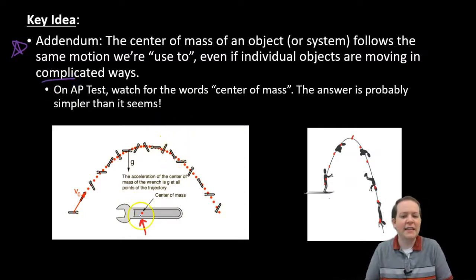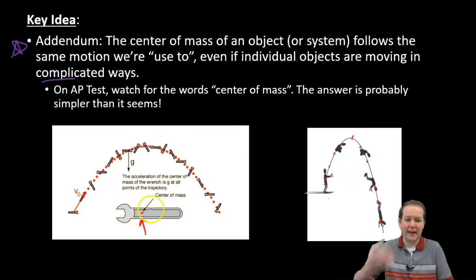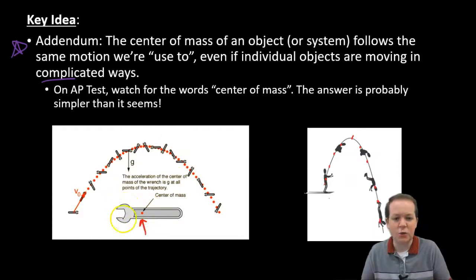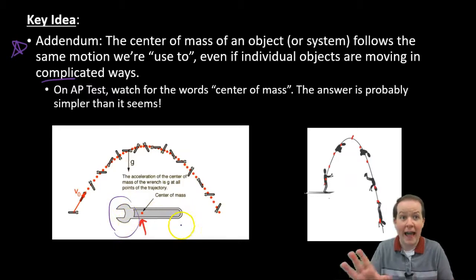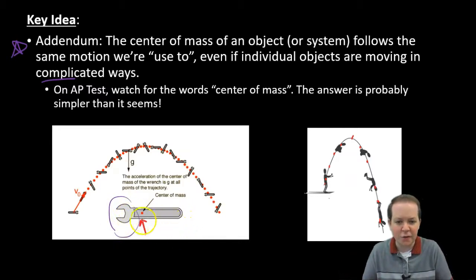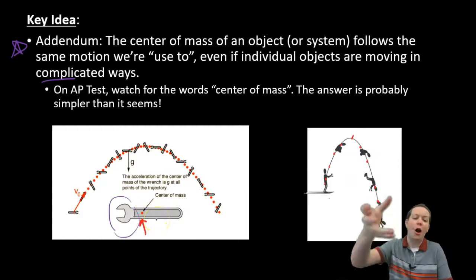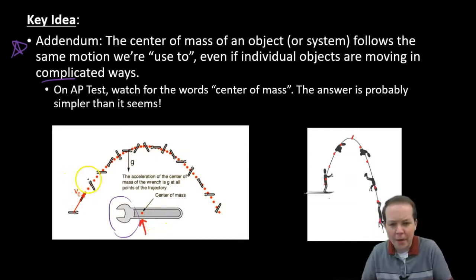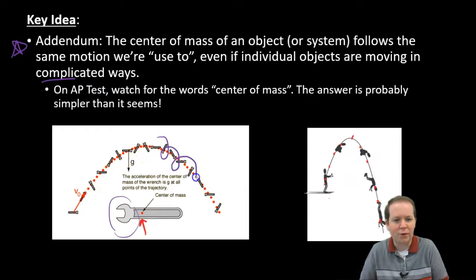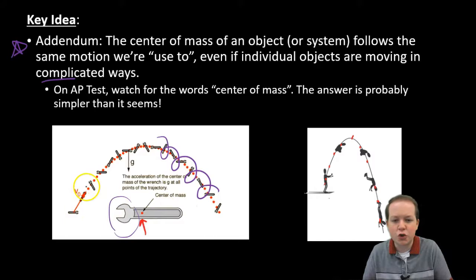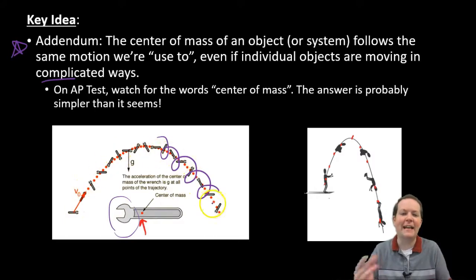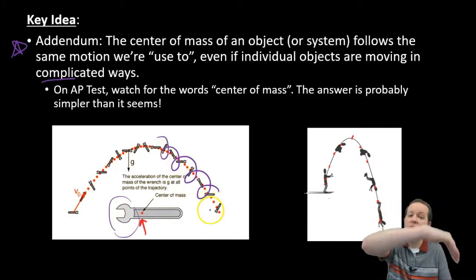Here's what I mean. Let's say you take a wrench, or I always imagine this with an axe, right? Axes or wrenches are really top heavy. They have a lot of mass over here, not as much mass over here. So their center of mass is right where this arrow is. Now imagine you took that wrench and you tomahawked it. You chucked it across the room. It has some pretty complicated motion, right? The head of the wrench is going around and around. But the center of mass, if you could trace it, would have that characteristic projectile motion path.